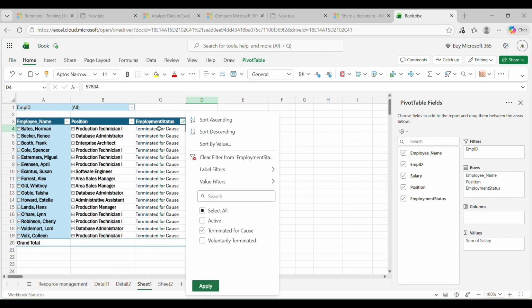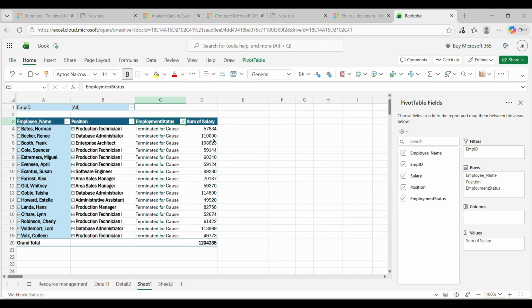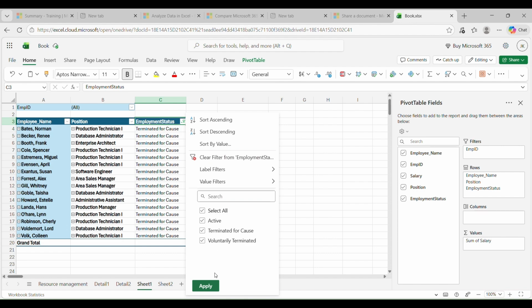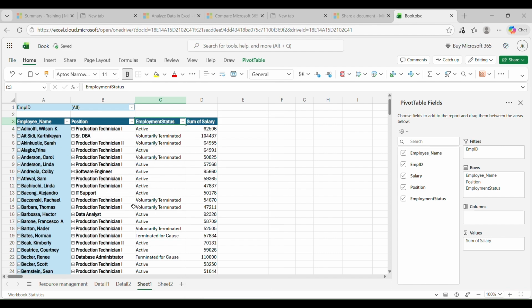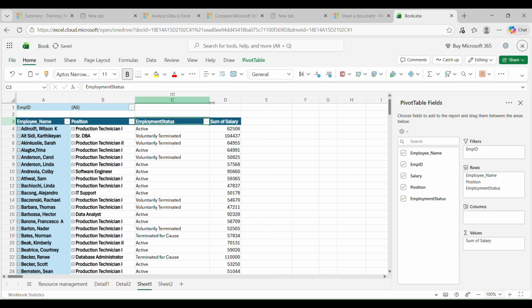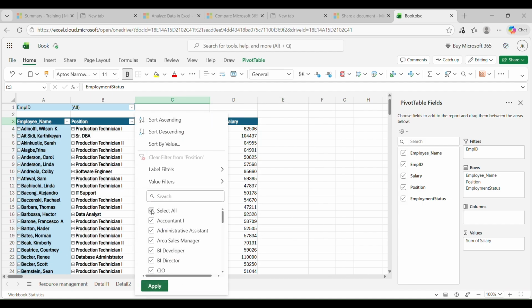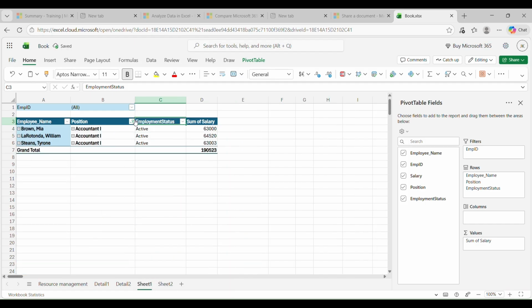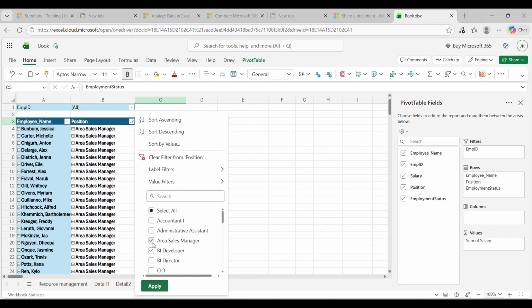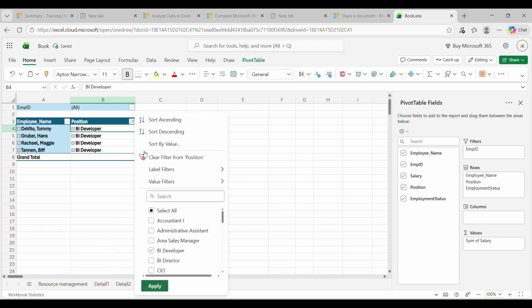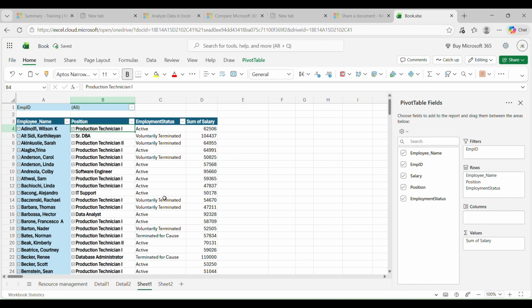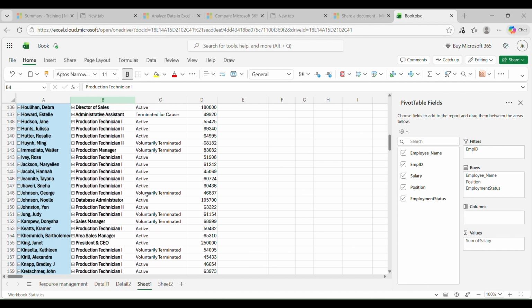So you can filter that out. You can see below 16 are terminated, right? If you click over there, you can get all the details here. You can also unfilter. Yep, you can see the positions, how many are DBA, how many production technician. You can present your data like that also, how many